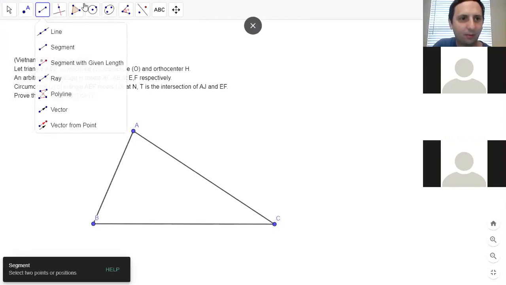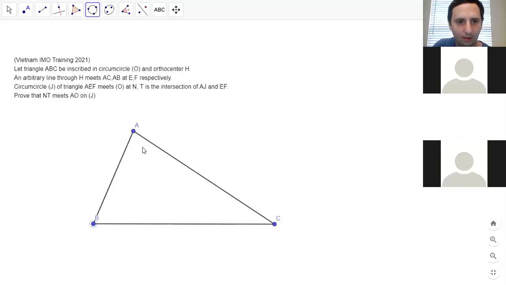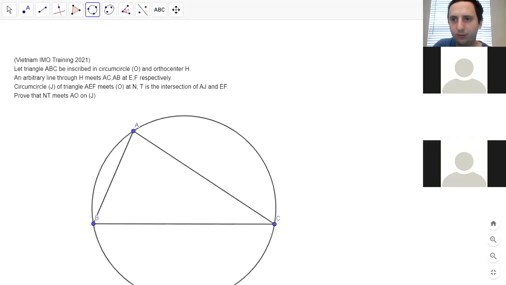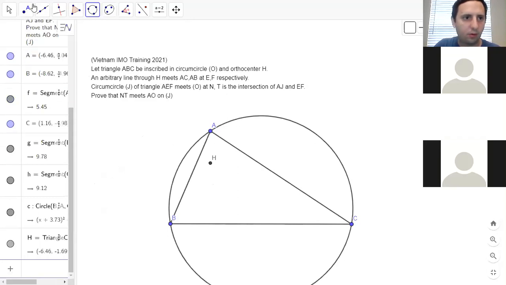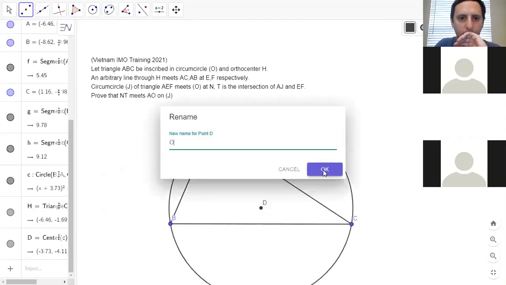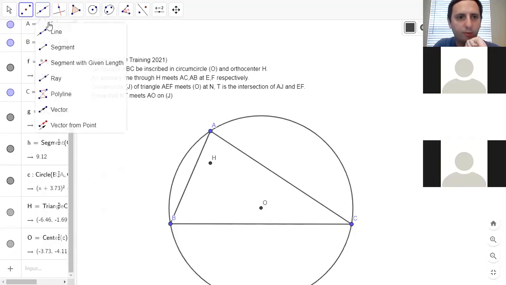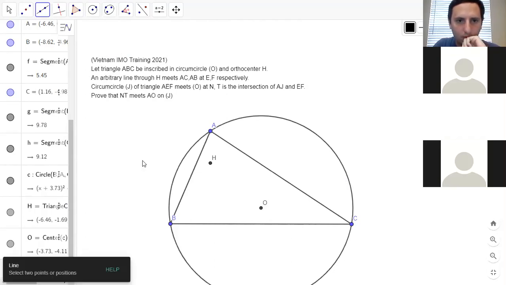So we draw the circumcircle O and orthocenter H. O is the center. And then an arbitrary line through H. That's interesting. So let me do this first, just so that,